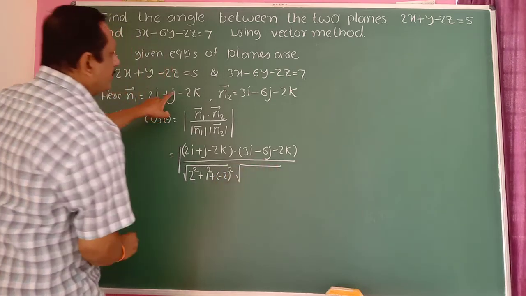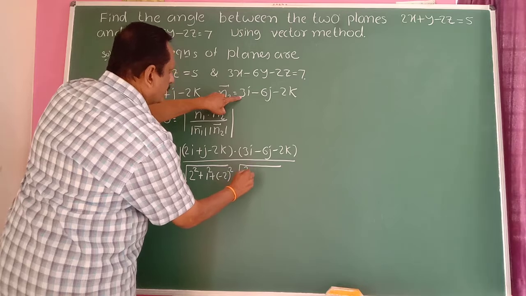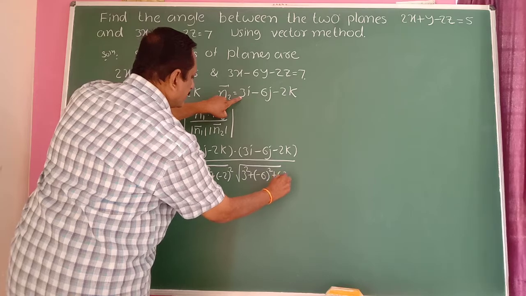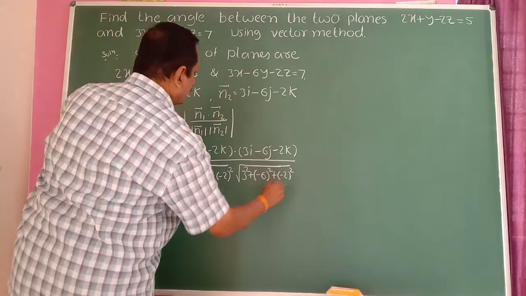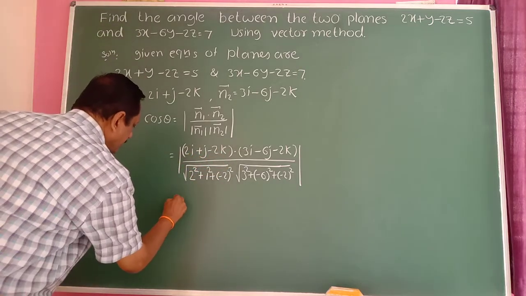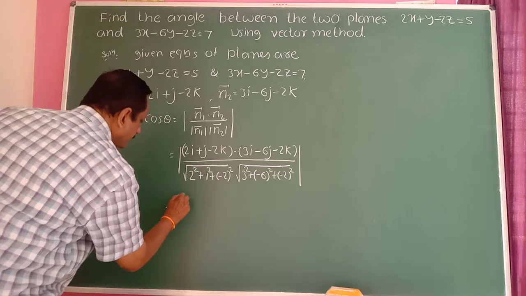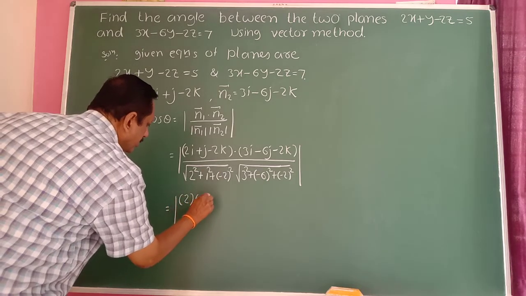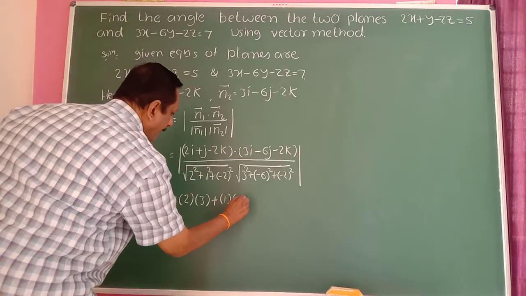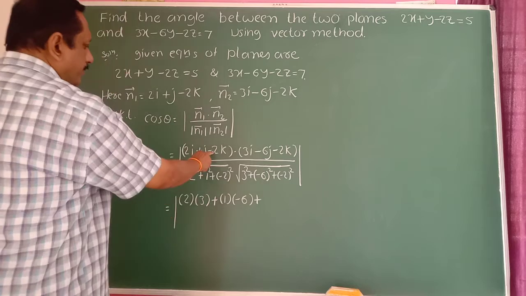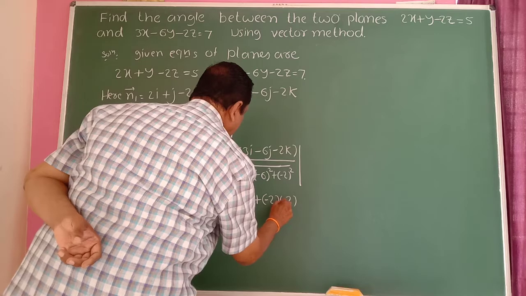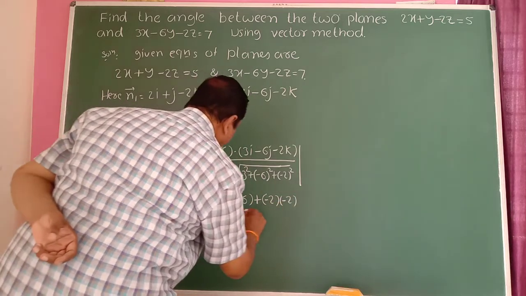Then the root of 3 square plus minus 6 square plus minus 2 square here. What does complete here? So the dot product is there. Therefore this is equal to modulus of 2 into 3, using the dot product formula, plus 1 into minus 6 here, then plus minus 2 into minus 2, divided by root of